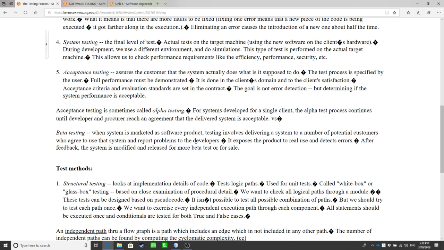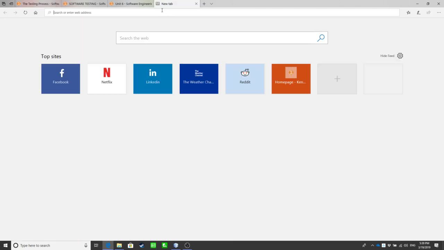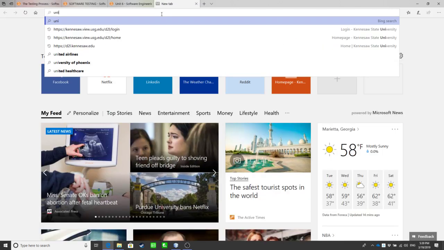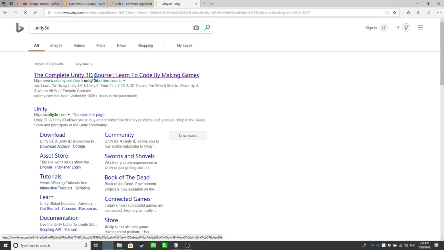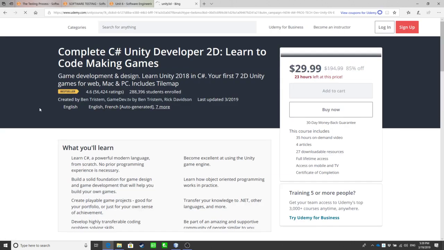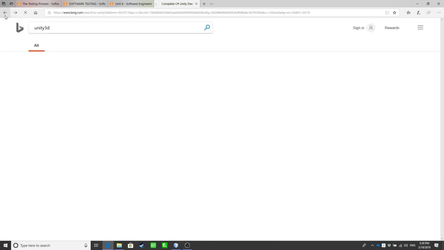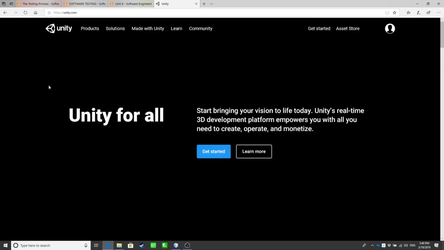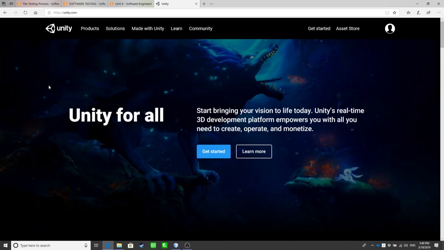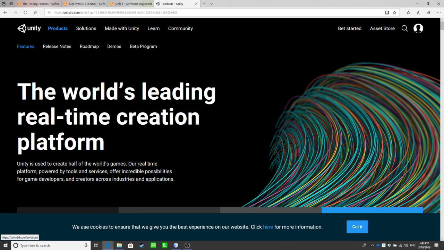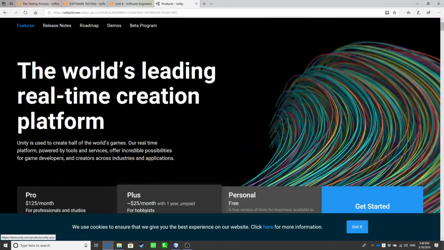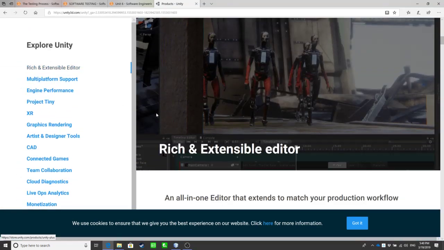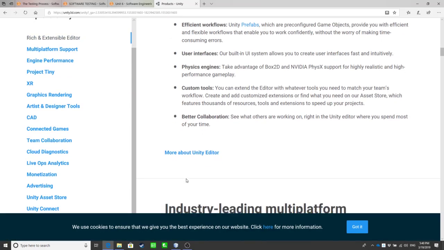Okay, so let me show you some examples. Maybe this is software I used a lot. Not Udemy, Unity. This is a game engine, and if you want to download this game engine,